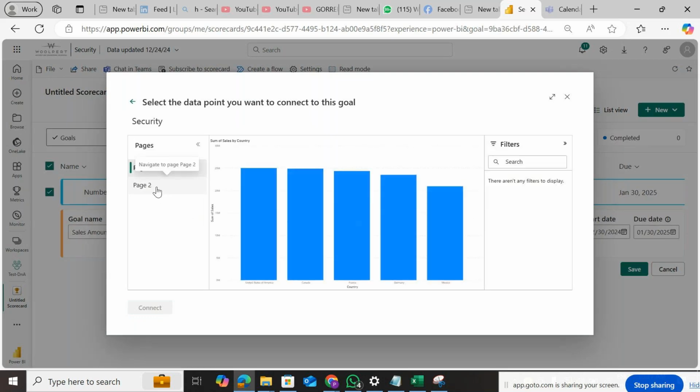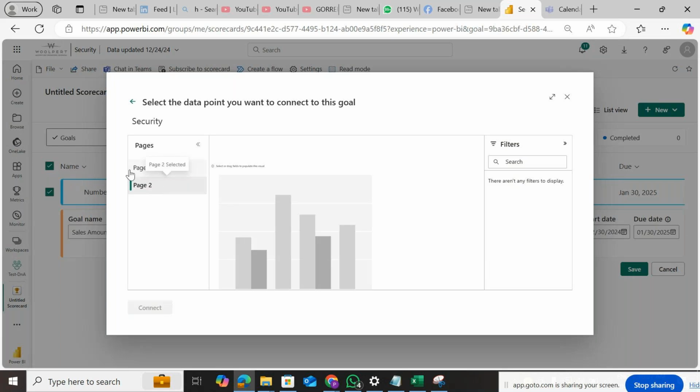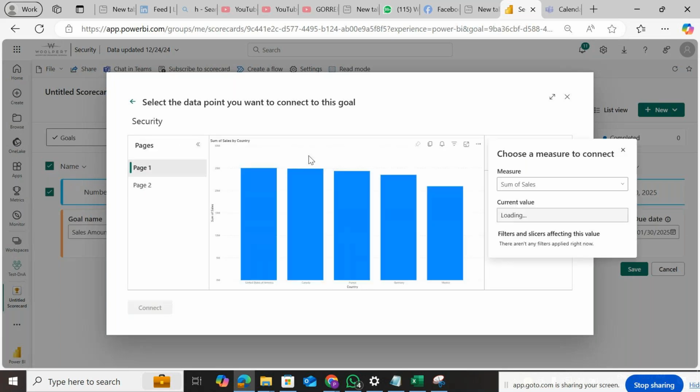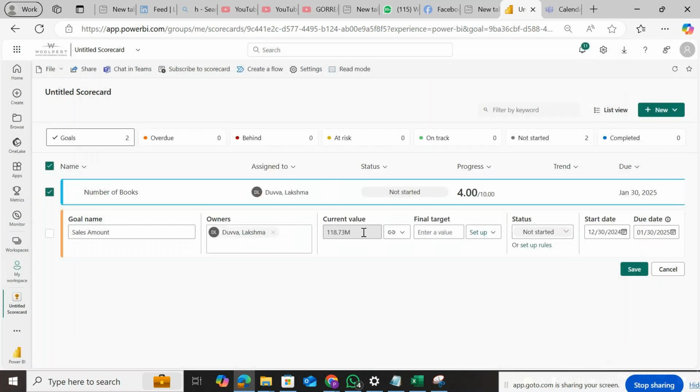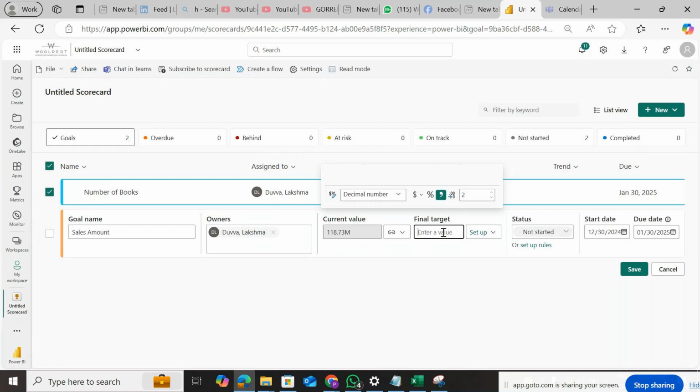So on that day we didn't create anything, but anyway, sum of sales I have taken. This is the current value, 118.73 million. The target I am just mentioning as 10,000. Or you can mention a target KPI,